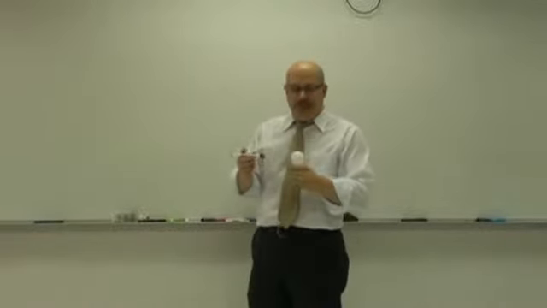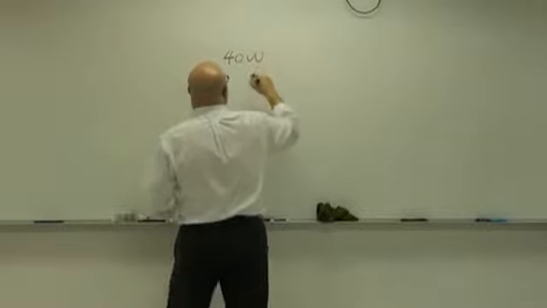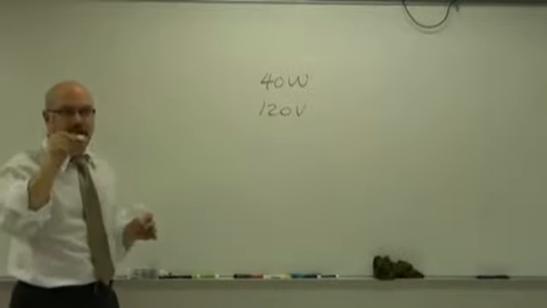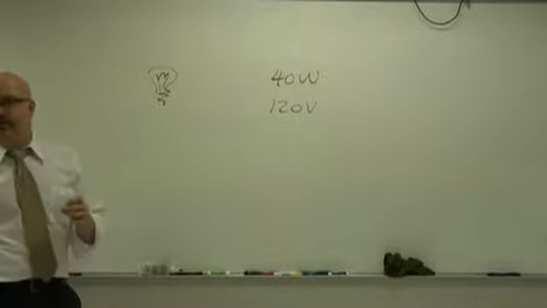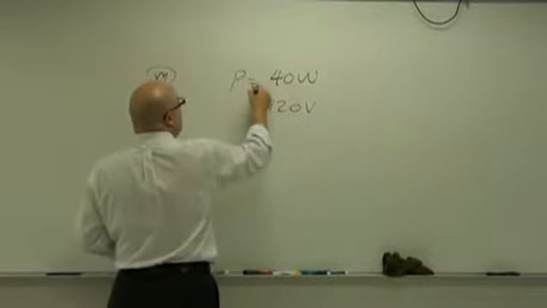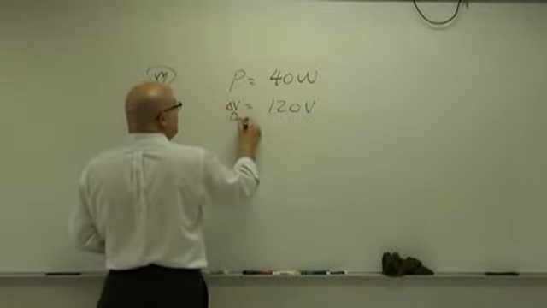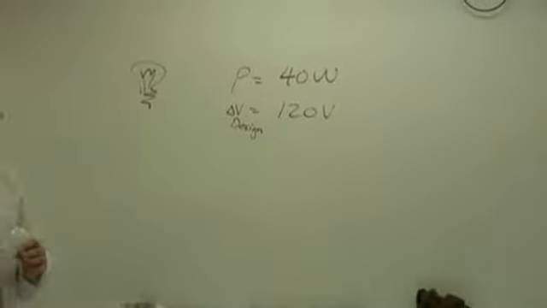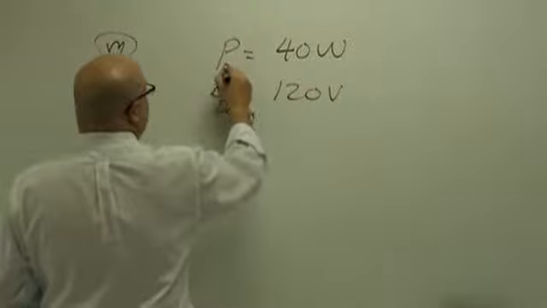All right. So, 40 watt bulb, everybody. 40 watts and 120 volts when it's hooked up properly. Okay, everybody? Pay attention because this is important. You won't get bulbs right unless you do this. That's the power. That's the delta V it's supposed to have. That's the design. If that's the design delta V, the potential difference, and that's the power it's supposed to produce at design,